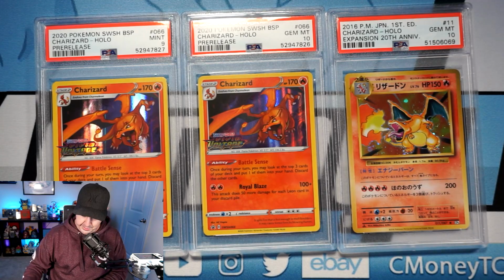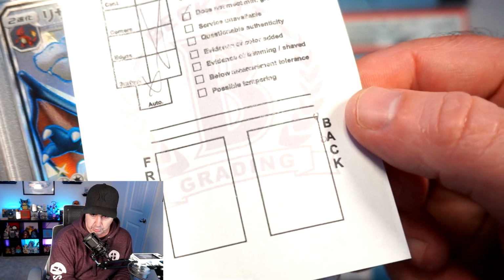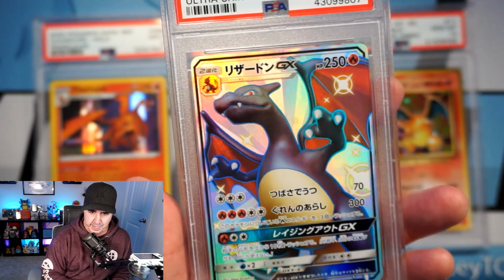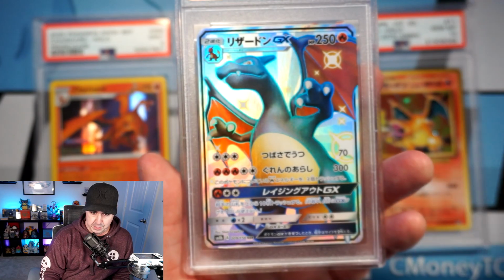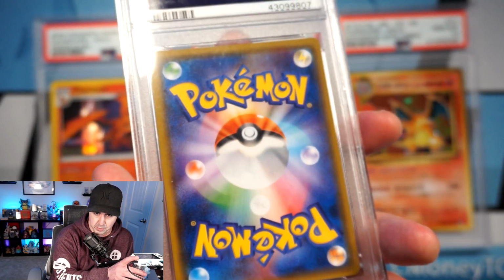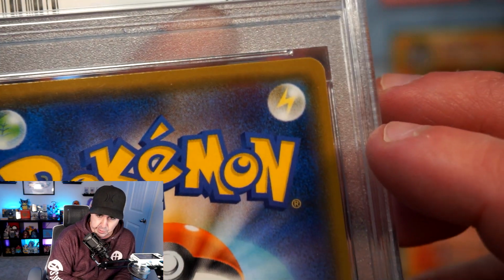Man, they really ripped that thing apart. I'm not seeing it, but all right. Two things they're saying on here. It's usually 0.5 per ding. So that would knock this down to a 9, and you can only get 0.5 higher. So this had one too many dings on the back. They're saying the front was absolutely perfect. They didn't have a single thing to say about the front. And the centering they're saying is perfect. So this was two little tiny things off from being a black label and one tiny little thing off from being a 10. They're saying this top right corner,